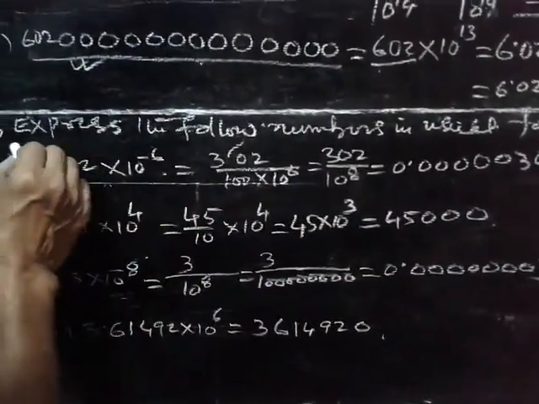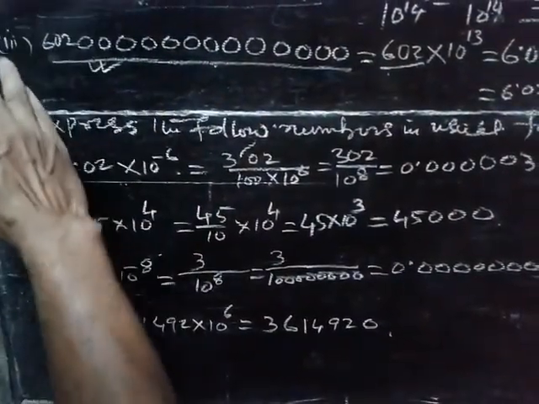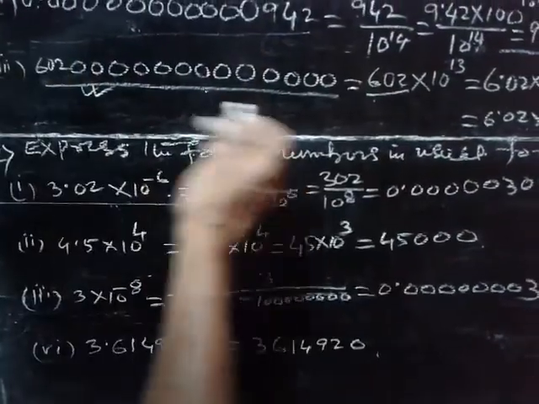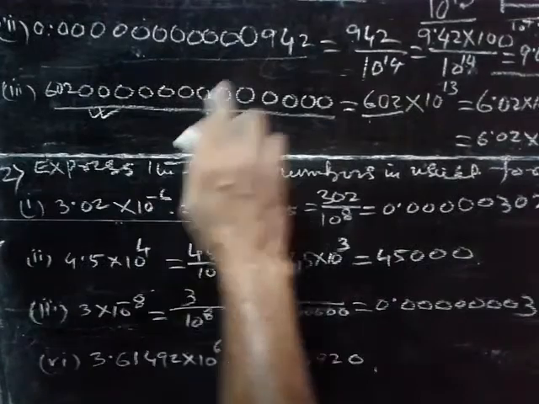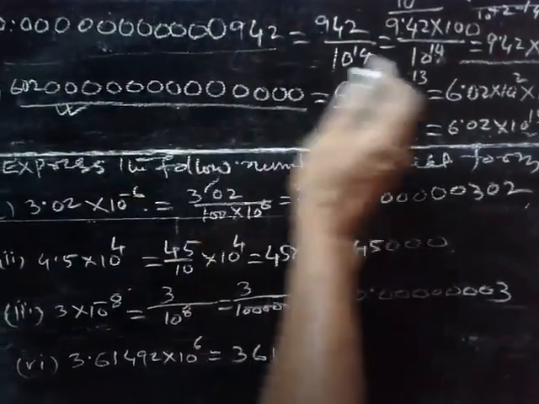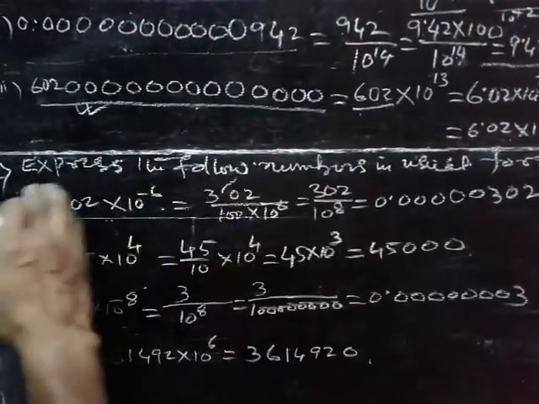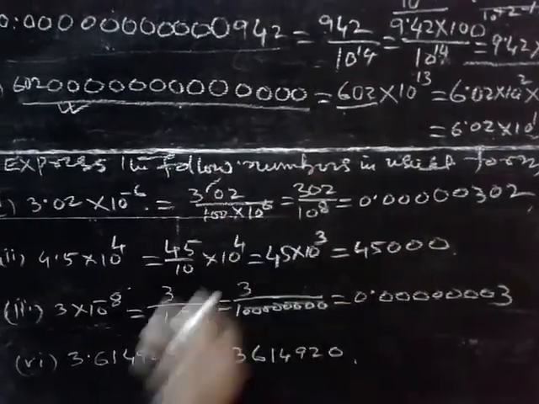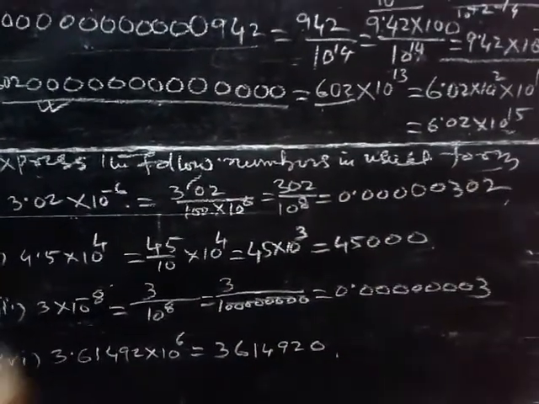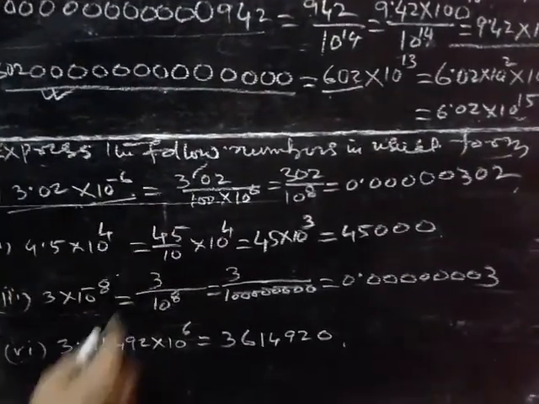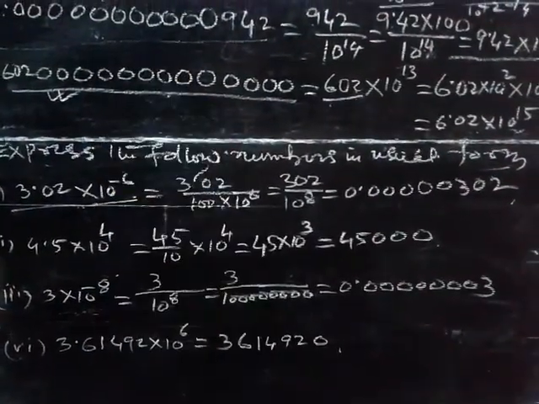Now, this is from the usual form. This is the usual form. Usually this is how we write the number. That is the conversion of usual form to standard form. Now this number 2 is actually just the reverse. That is, express the following numbers in the usual form. That is, standard form is given, then we have to find out what the number is in the usual form.